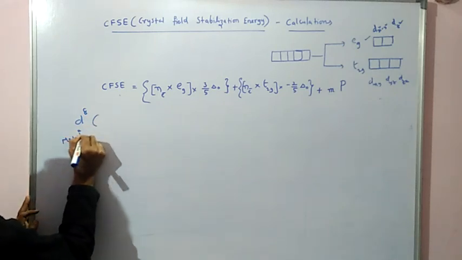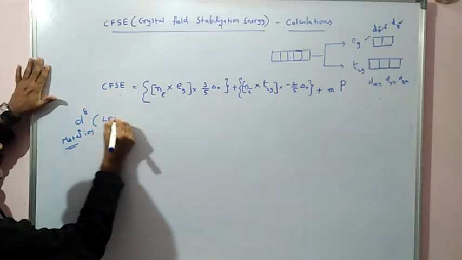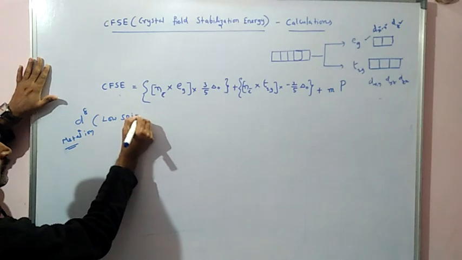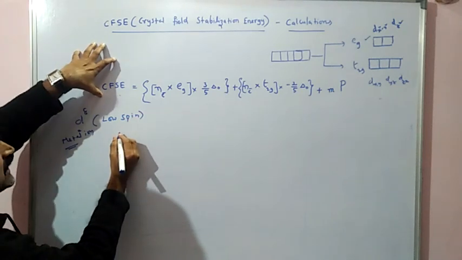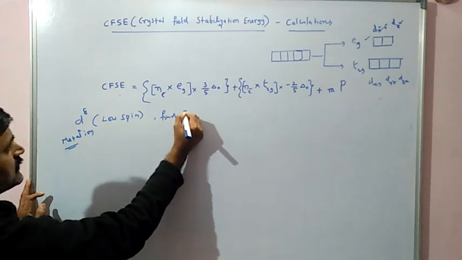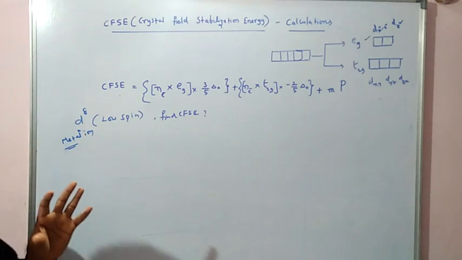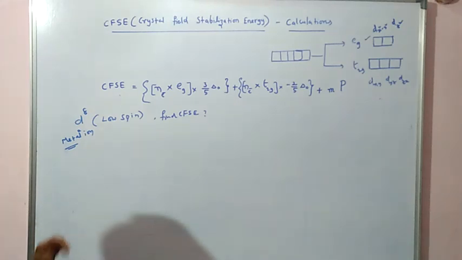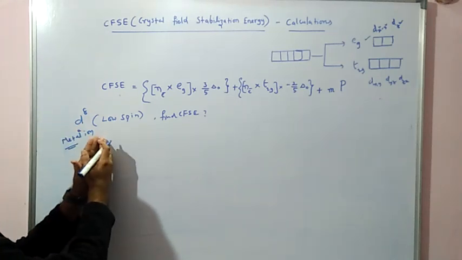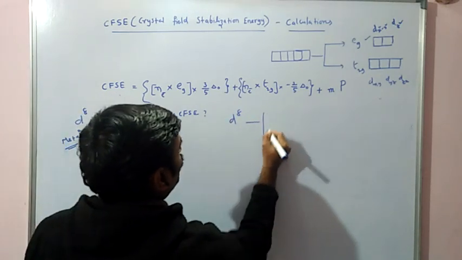So they are asking us, a D8 configuration is given for a cation. So for the metal ion, they have given a D8 configuration, asking for low spin, what is the CFSE value? Find the CFSE value, in one of the medical examinations they have asked. Let us see. First of all, what is a D8 configuration? Low spin configuration is